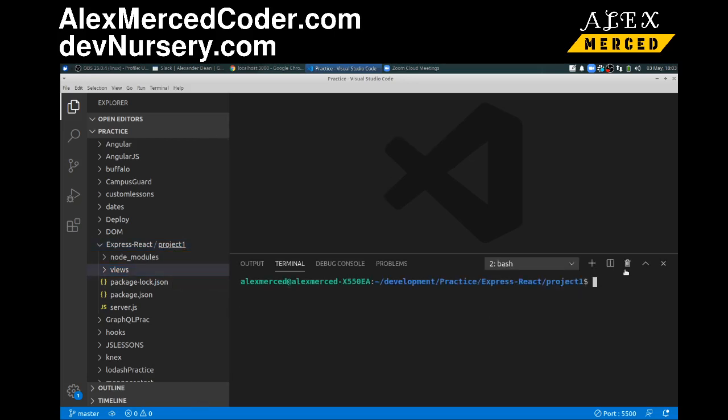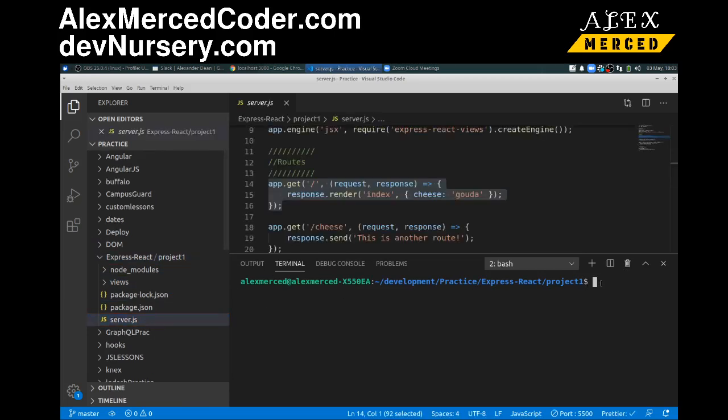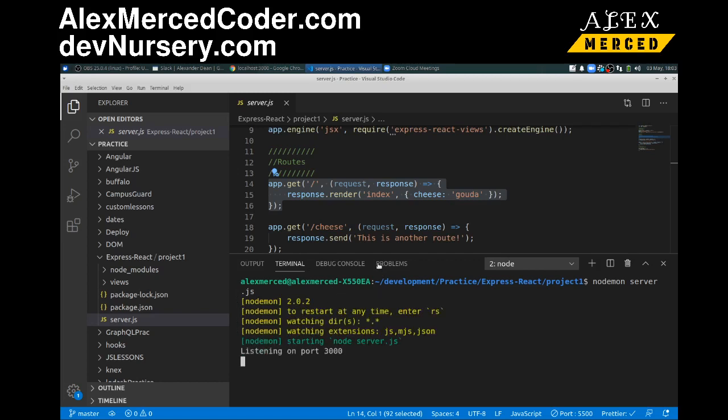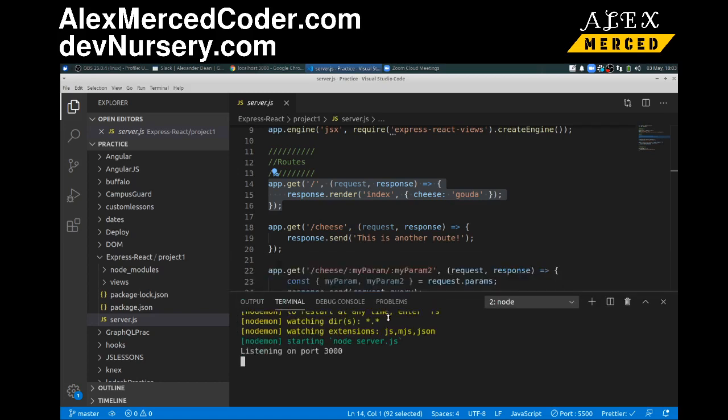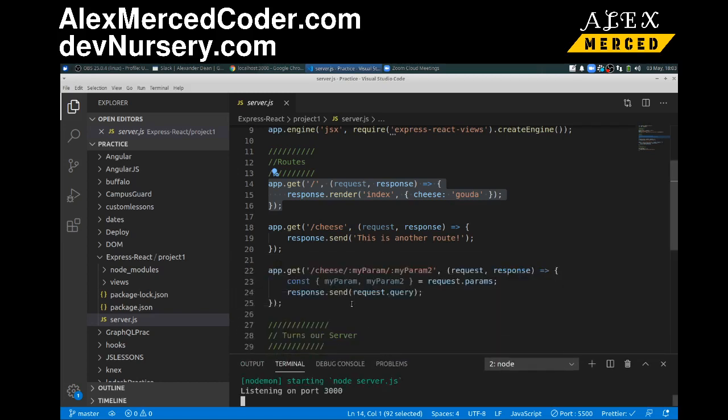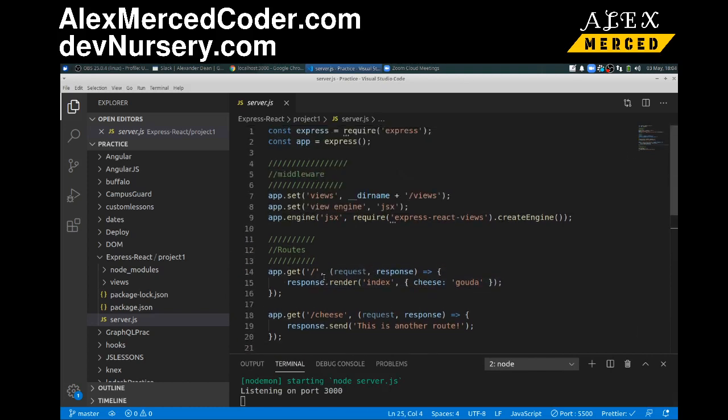Good. Basically what we're going to do is go in our server.js. I'm just going to node it on server.js. Okay, and that's starting up, and that can be down here for now. Basically, the public folder is something we can put in our middleware, so we're going to add it to our middleware section. And the way it works is we go